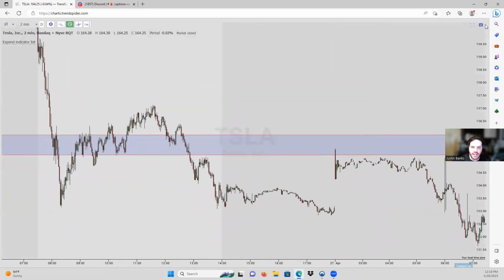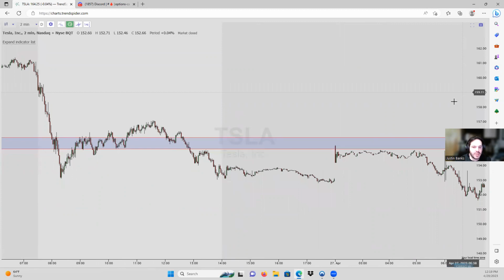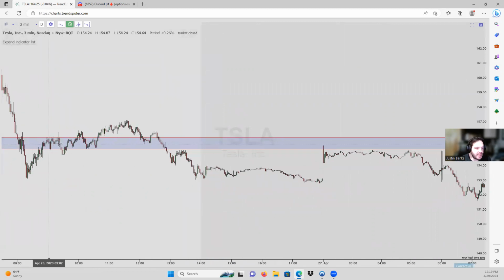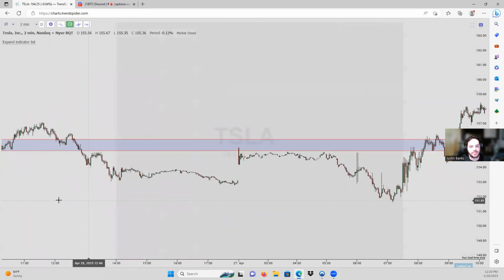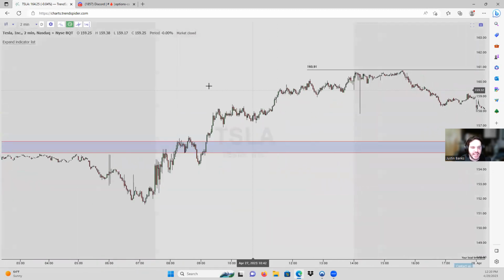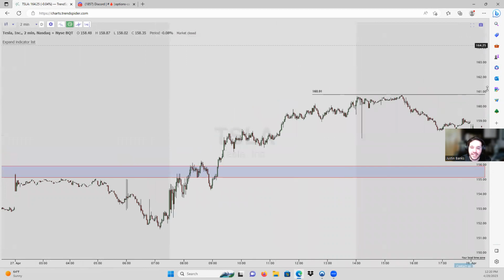All right, so we did see a slight drop off at the end of the day, but what I was really seeing was, there's a lot of demand here. There's accumulation happening. Like I said, this is where I drew my zone on that day. Now let's go back to the day. This is the day that we actually took those Tesla calls for